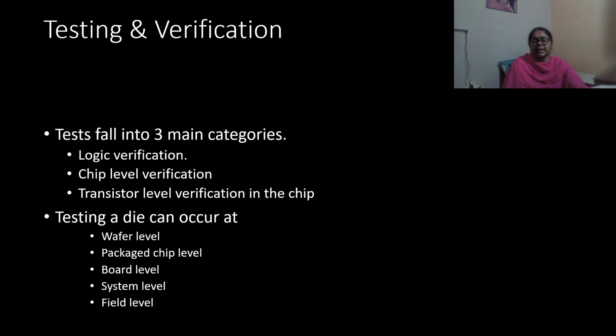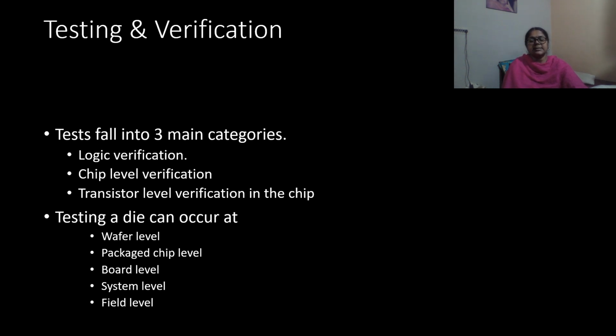Now, when we are conducting the manufacturing tests, it gives us the yield of an IC. Yield of an IC is nothing but the number of good die divided by the total number of die per wafer. Because of the complexity of the manufacturing process, not all die on the wafer function correctly.